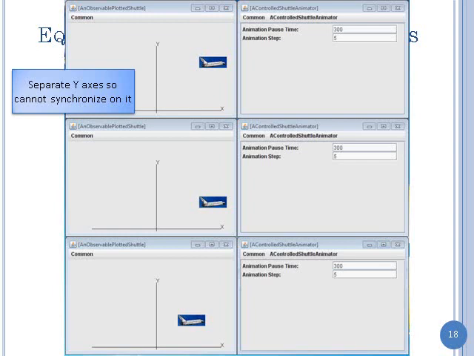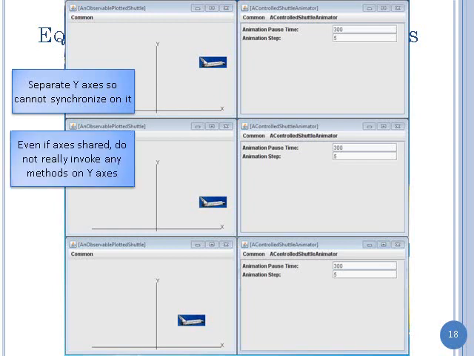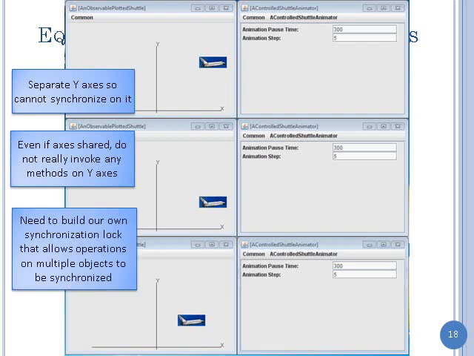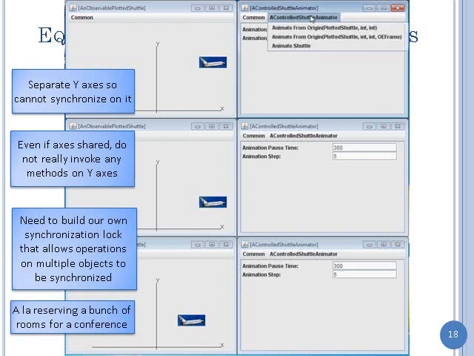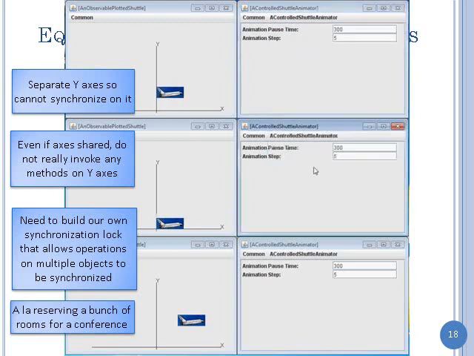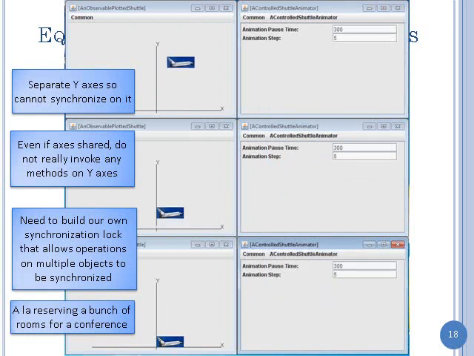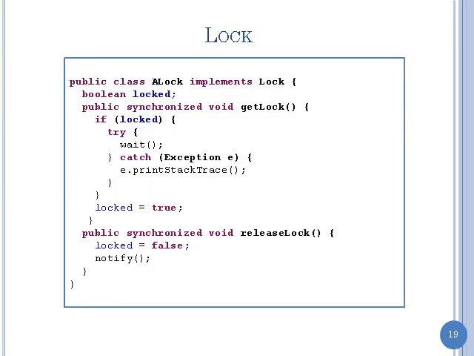So a separate object, so we cannot synchronize on it. And this is sort of going back to what Zach had said earlier, that we can't quite use the synchronized method. So we need to build our own synchronization scheme, and we have multiple objects involved, so we can't rely on one particular object. So we're going to go and have this lock object. Okay, that's like my clearance manager, except that we have this boolean called locked, and the